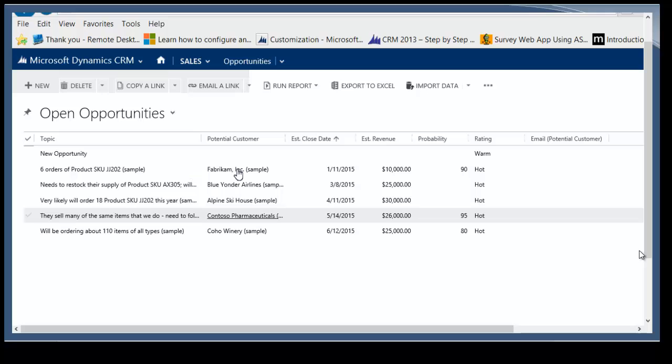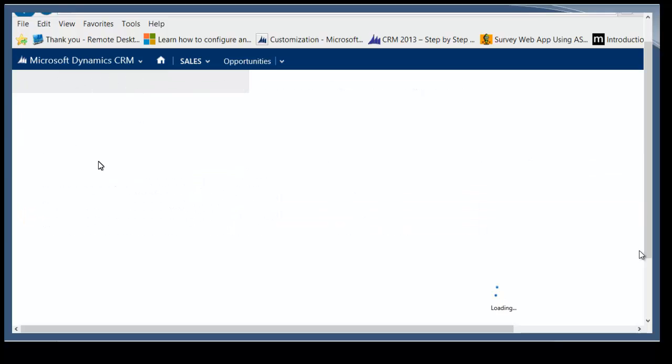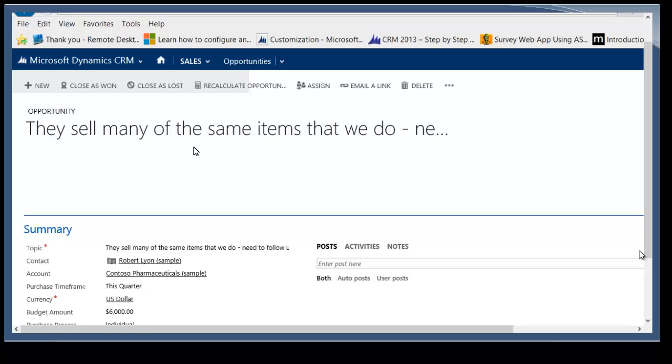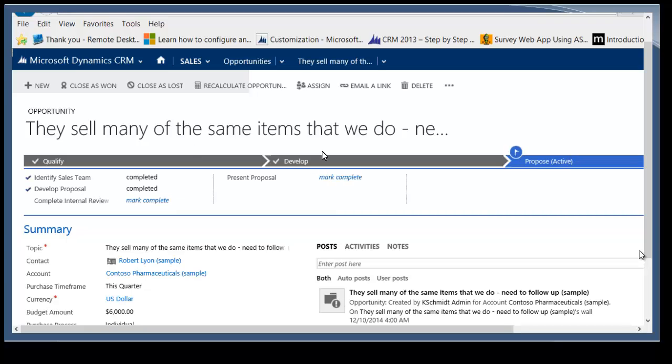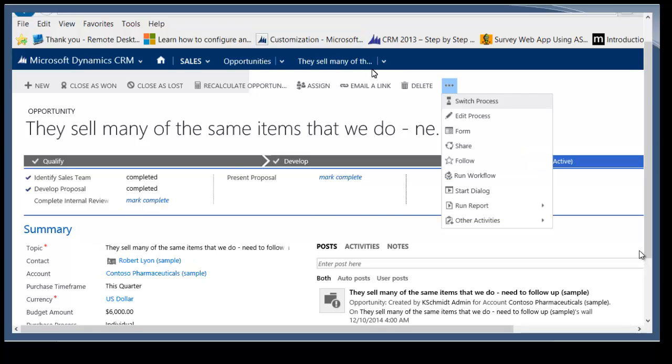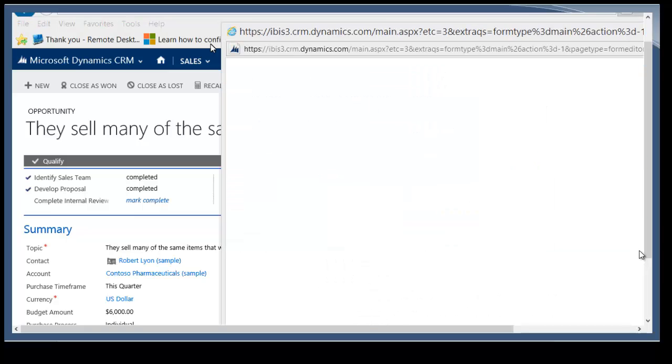I know that this was possible in the past. I have personally created a plugin which looked at all the opportunities for a company and then brought that information back into the account. In 2015, you don't need to do that, because using the rollup feature, as long as the entities are connected, you can have that information brought back into it. And creating it is quite simple, because all you do, when you're creating the form,